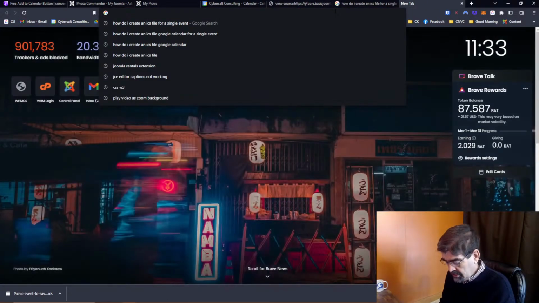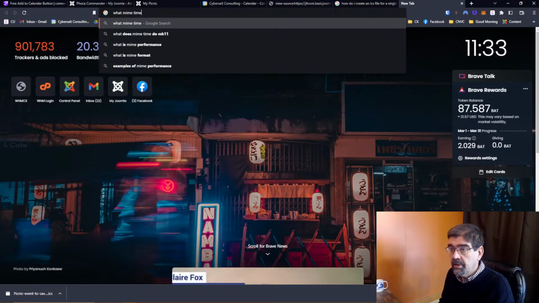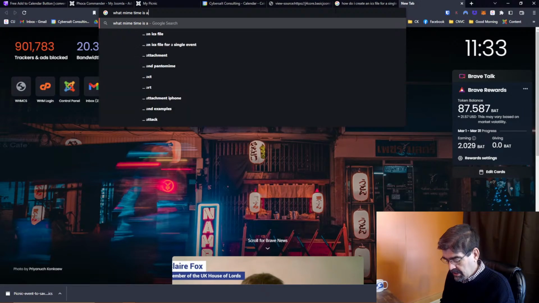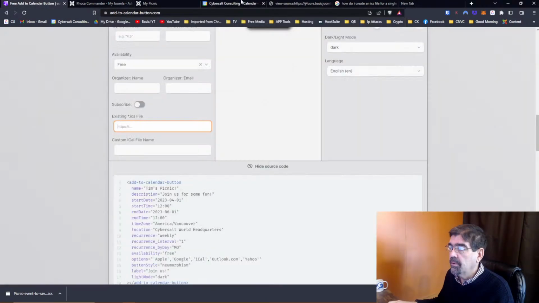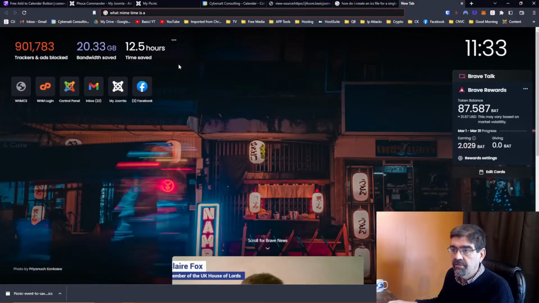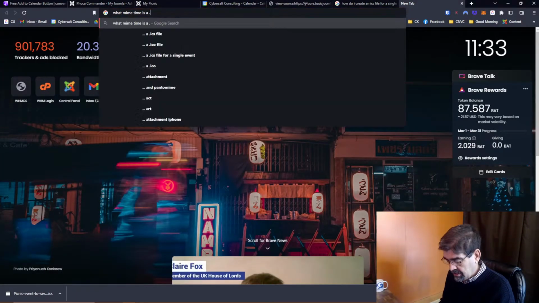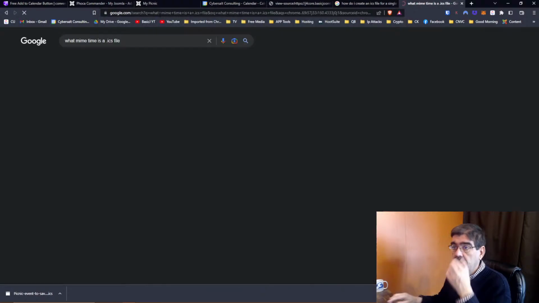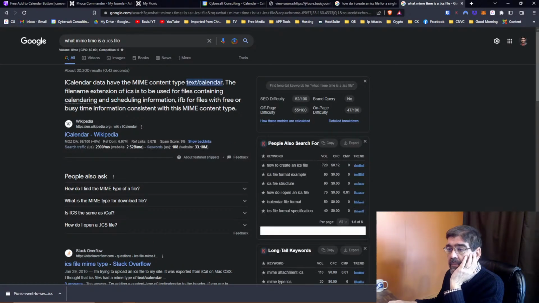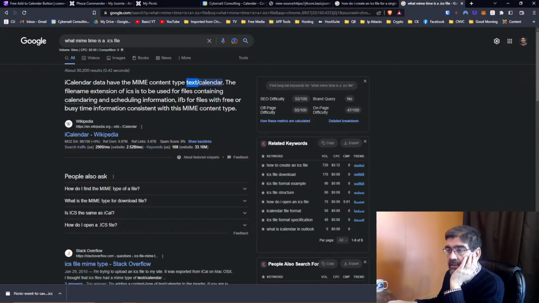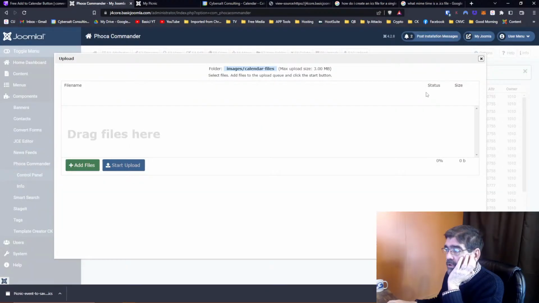Let's see. What MIME type is an... yes, just escape my brain here. An ICS file is a .ics file. Oh, it's text. iCalendar data has the MIME content type text/calendar. All right, so that means if we go back to Phoca Commander